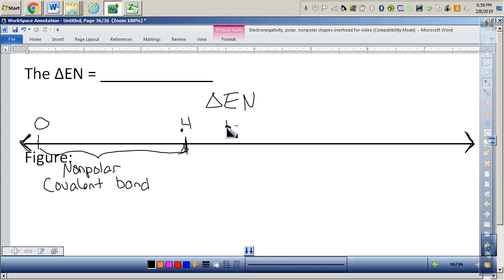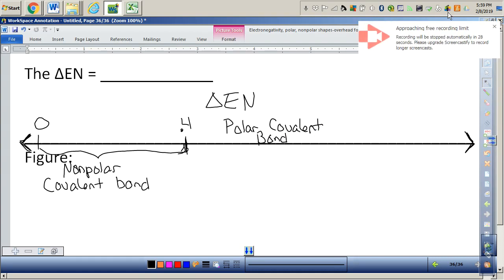If it's above 0.4, it's polar covalent. Or it could be ionic. Okay, it really just depends on if it has a metal. So if it has a metal, it's an ionic bond. If it's above this and it doesn't have a metal, then it's a polar covalent bond. There's a little bit of overlap over here, so it could have a metal and still be polar covalent. In terms of delta EN, it could have